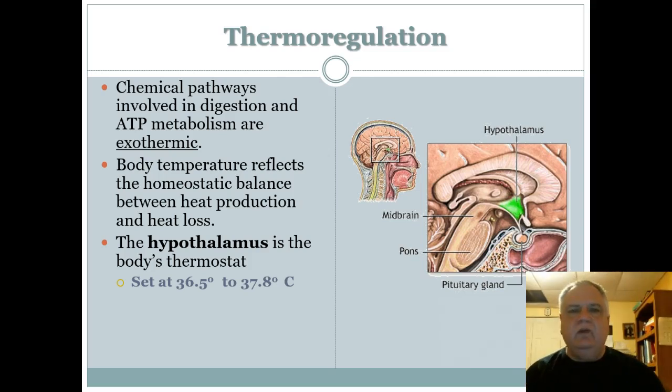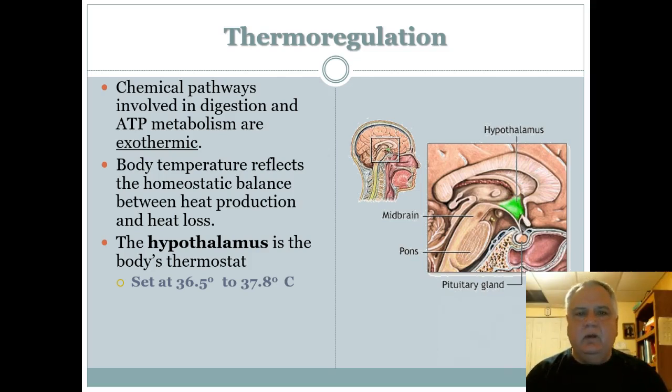Okay, so what happens if the temperature starts to drop a little below 72 degrees Fahrenheit? The thermostat sends a signal to the furnace, which kicks on and produces the heat to warm your house back up again. On the other hand, if the temperature in the summertime goes above 72, the thermostat will send a signal to the air conditioning unit to kick on and bring the temperature back down. Within a few degrees one way or the other, this thermostat will work. Well, the hypothalamus works the same way.